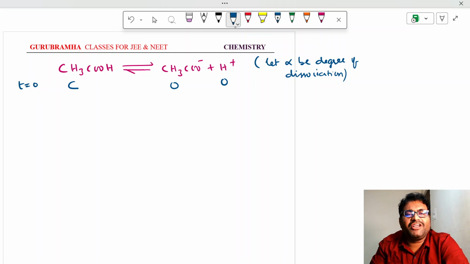That means at time t equal to 0, when it is dissolved in water,